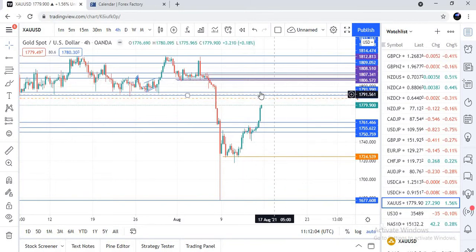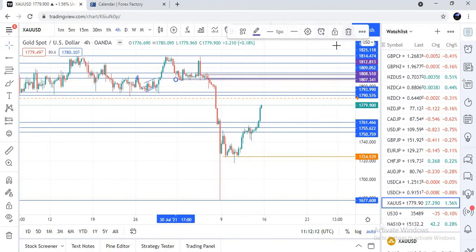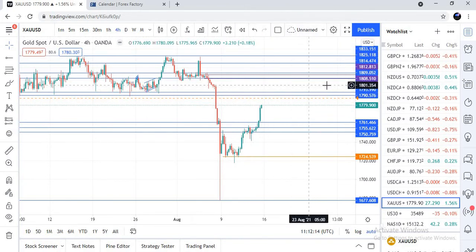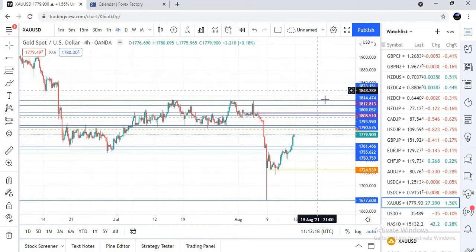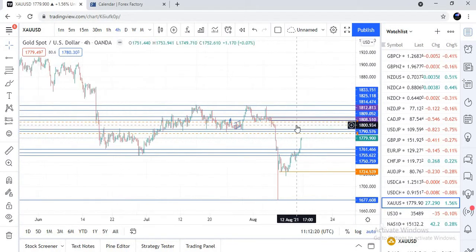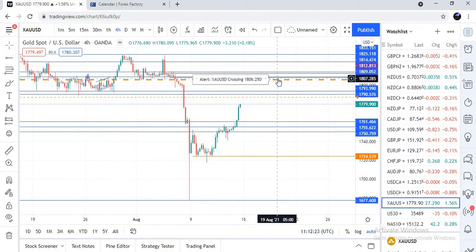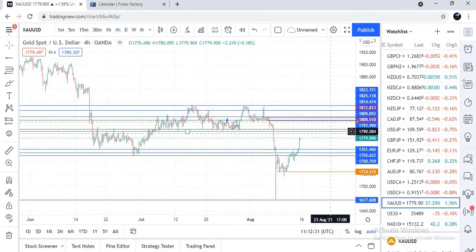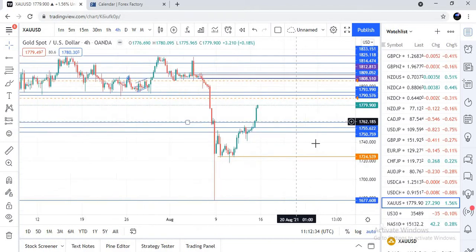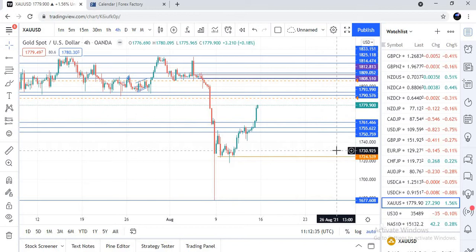If it doesn't respect this level, it might come down to this. It might come to this resistance level right here. So for this week, we will be watching gold really closely. So we have set an alert just in case it breaks this level. It's going to trigger this alert level when it gets to this level. So let's see how that will go for gold. And the next pair we are going to be analyzing after gold is